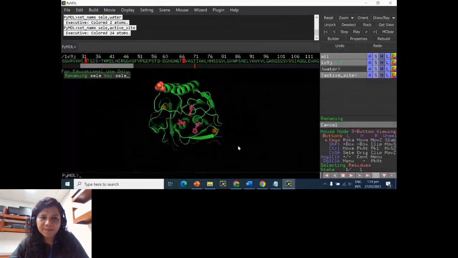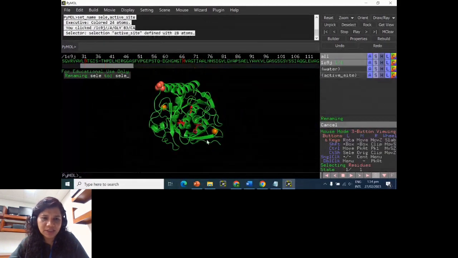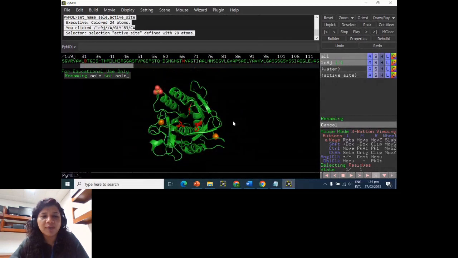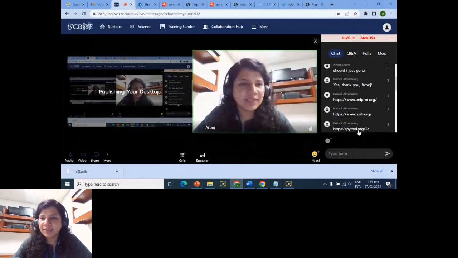Okay. So this is our structure. So this is how you can use PyMol to visualize and annotate the structures of your proteins. So let's just close this for a bit, and let's move on to our next step, which was